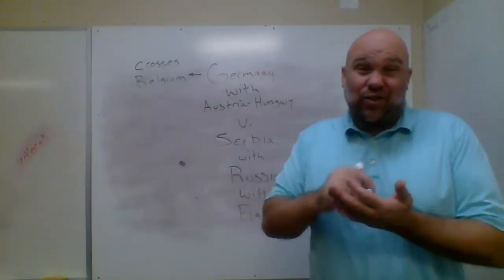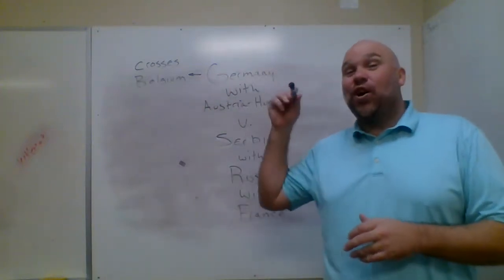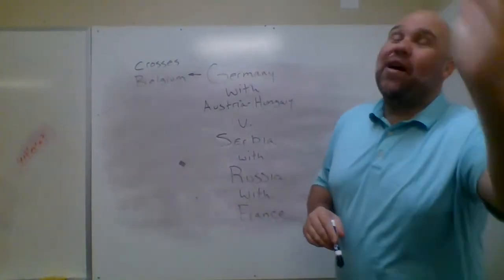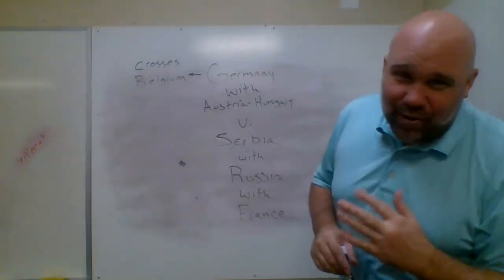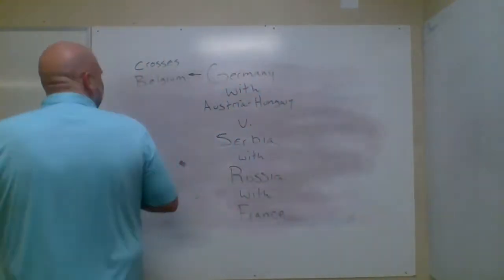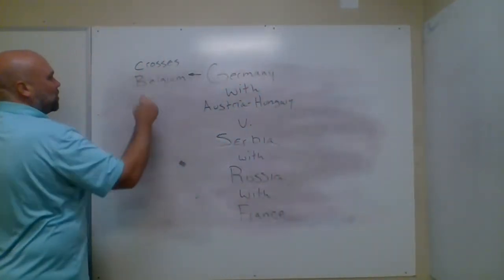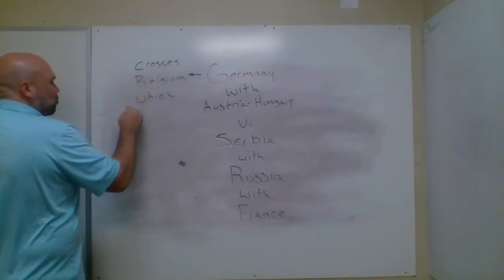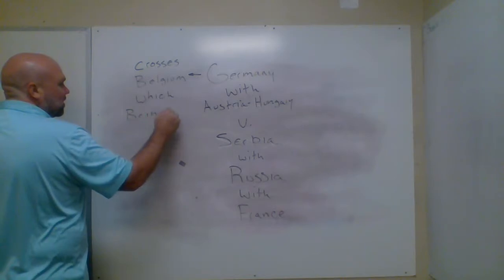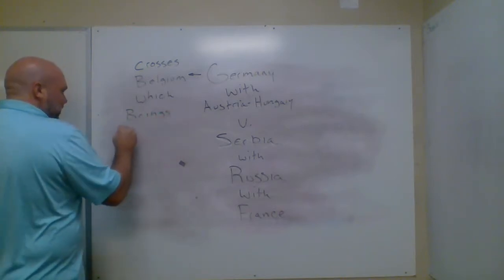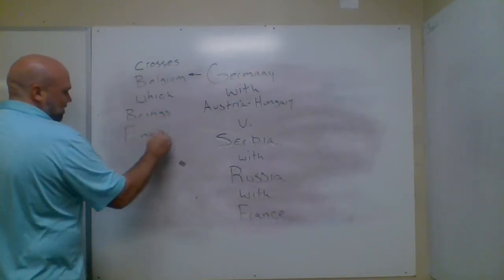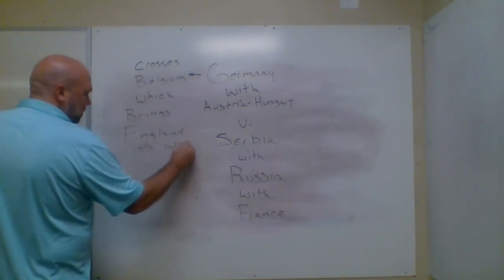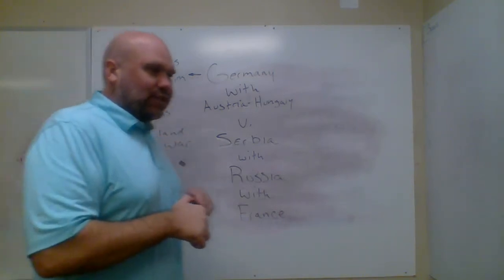Germany's like, the fastest way to get to France is to go through Belgium. And when they go into Belgium, Belgium then has a secret alliance of their own, which brings England into war. All right. So you can see how this is happening.